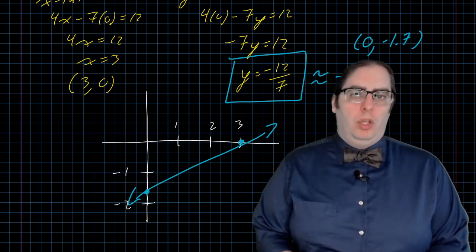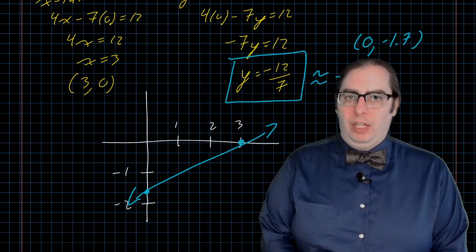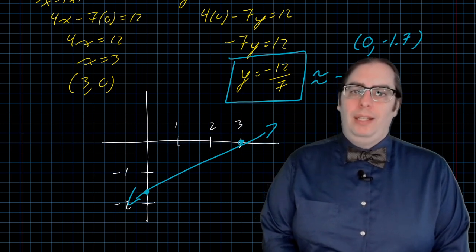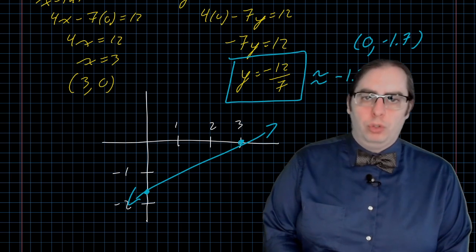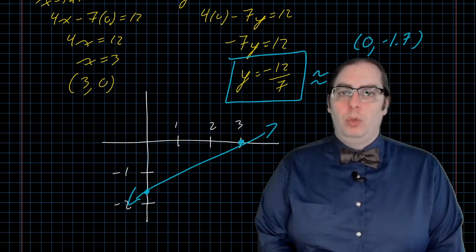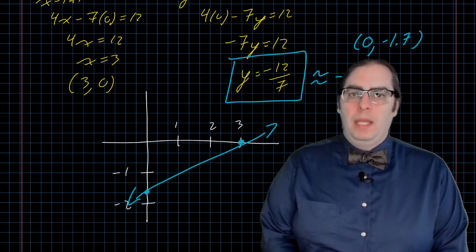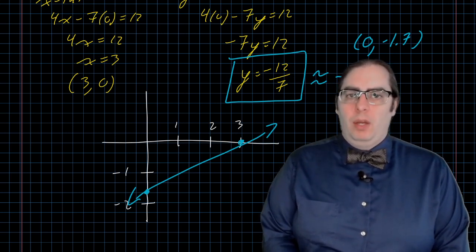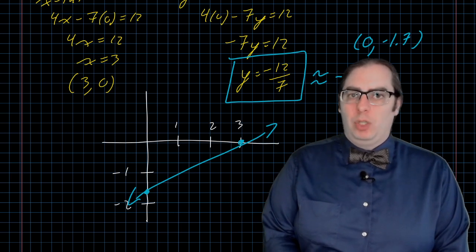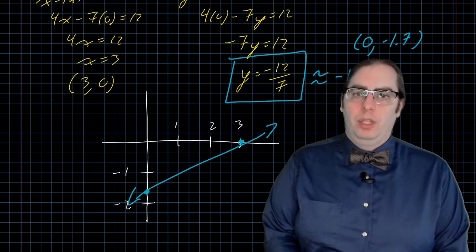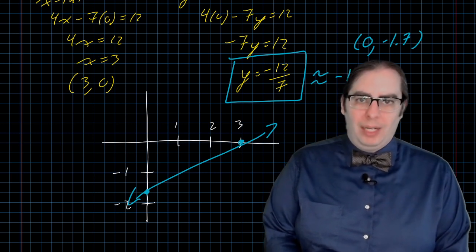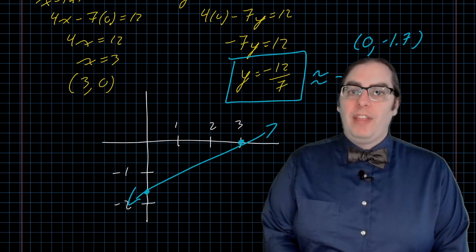This video is running long, so I don't think I want to try to squeeze in a third example, but I do want to at least mention, when you're graphing a line, you need at least 2 points, right? A line is defined by 2 points. If you don't have 2 points, you don't have a unique line. It's possible to have the graph of a line where the x-intercept and the y-intercept are the same point. That point would be the origin, the place where x is equal to 0 and y is equal to 0. If that happens to happen,